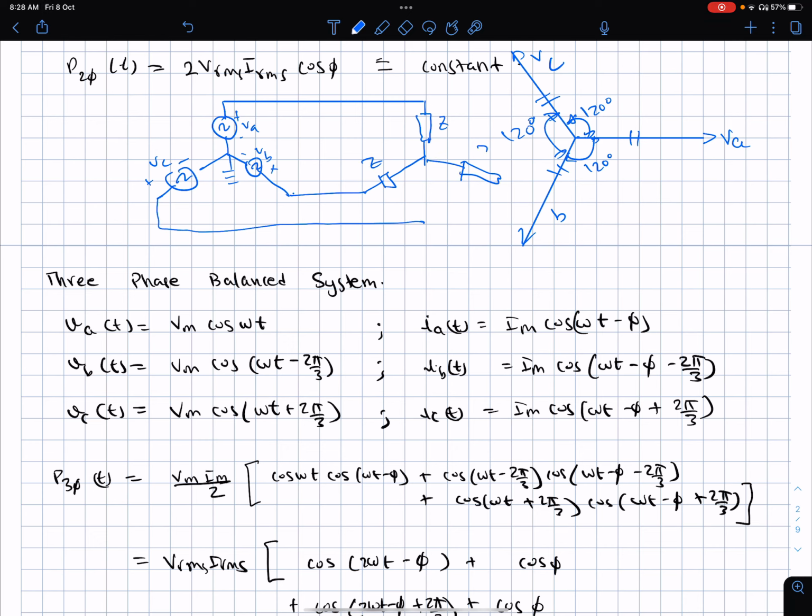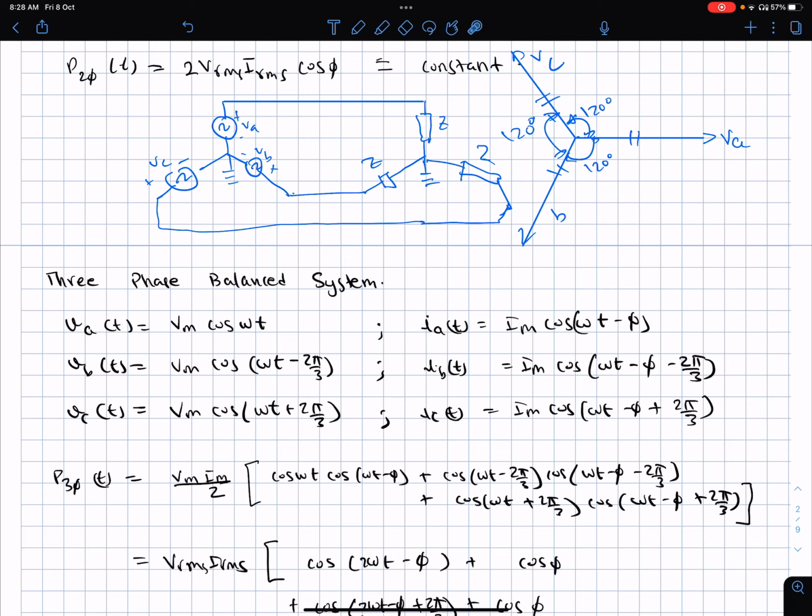Later on I will discuss delta connection also, but right now I am discussing a star connection. So I have connected this in delta. For the sake of safety and other reasons, I'm grounding both the sides. This shows they are grounded. So in this kind of a system, this will be called a balanced system.